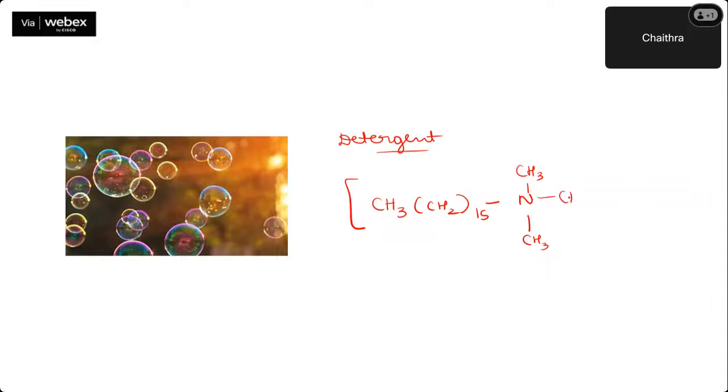And this is a picture I have put to denote surfactants. All of you use detergents to wash clothes, right? One of the important cationic detergents is cetyl trimethyl ammonium bromide. This is the formula of that. See, this is a salt of amine itself. Nitrogen you are seeing. This is called a cationic detergent.